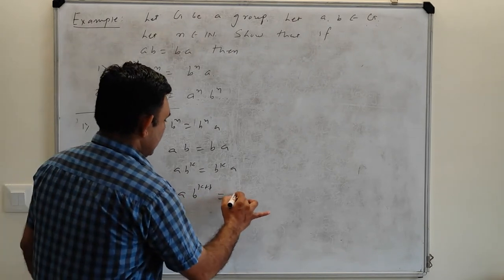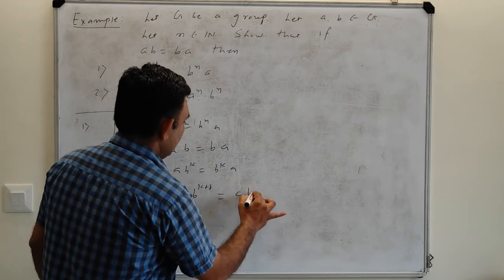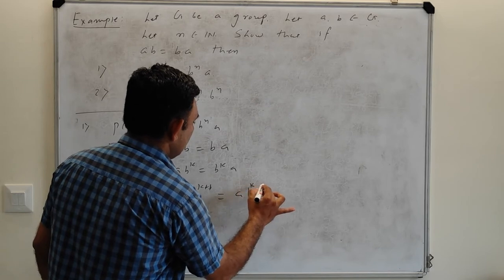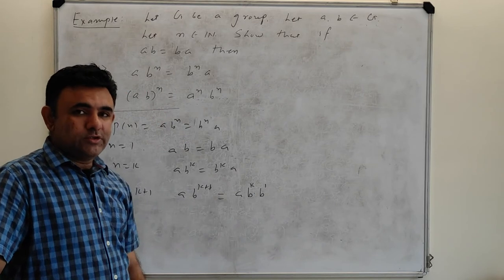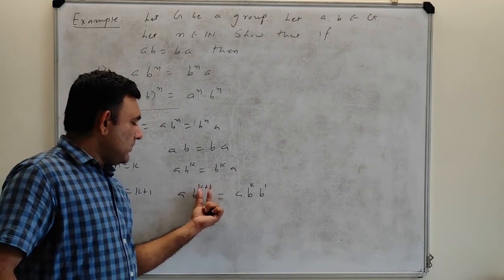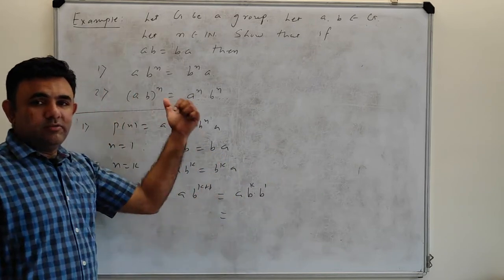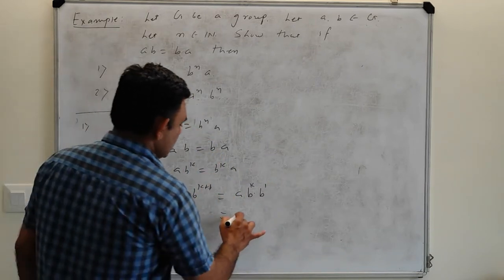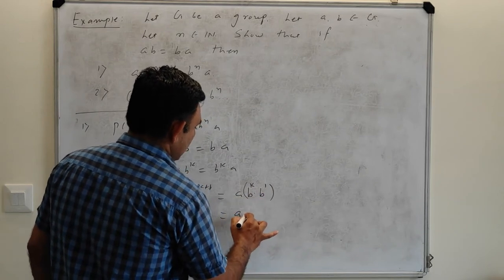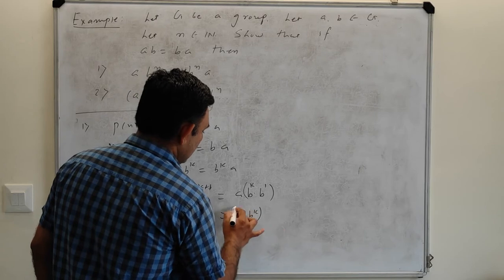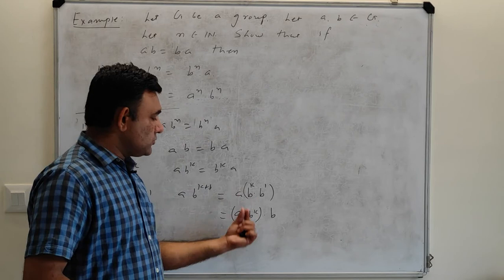So this is A, and I can write it as A B into B raised to k, or B raised to k into 1. Just as A raised to m plus n is A raised to m into A raised to n, I can split this power k plus 1 into k and 1 by laws of indices, as I have given in the homework. So it is like this. Now we are in a group, so we have associativity. So you club these two things.